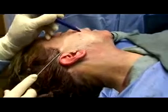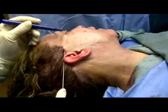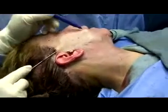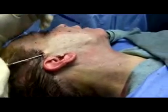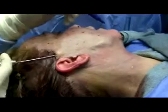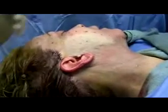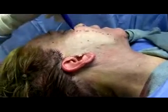undermined area of the flap. So you can see this was a relatively aggressive lift. We're out here to the lateral canthus, and the reason we're going to do this is because we're going to use different laser settings when we are over the undermined skin. So that's the first step, and we'll do that bilaterally, and this will give us our area here where we're